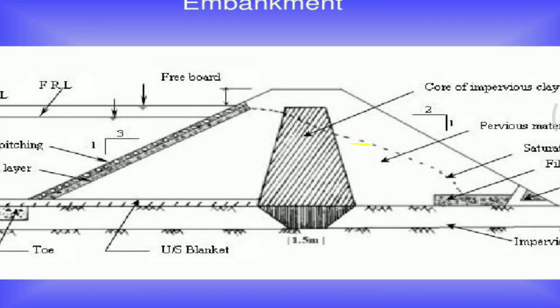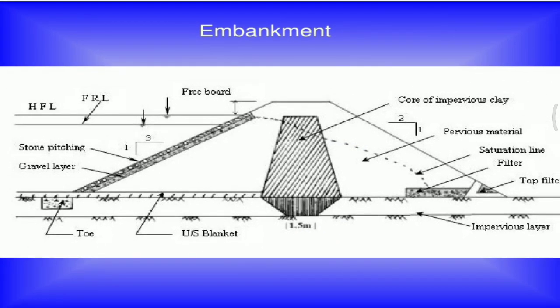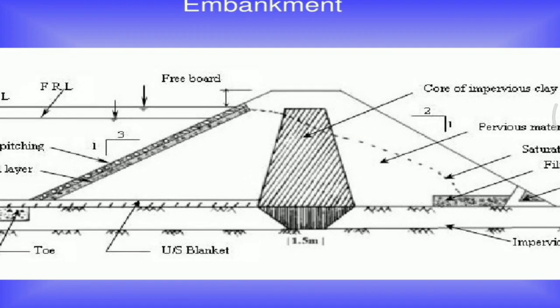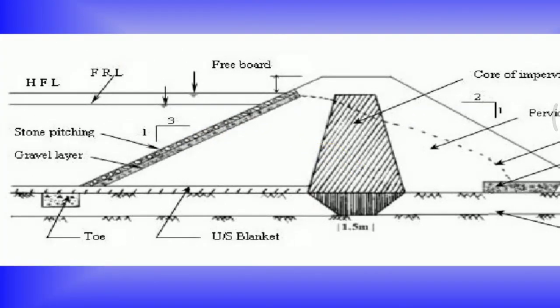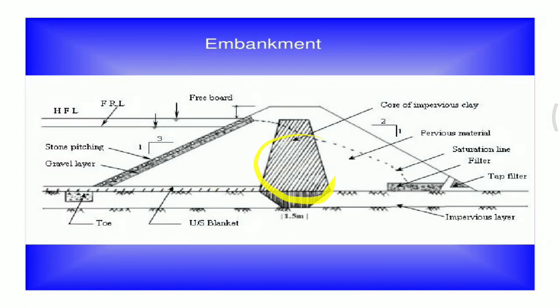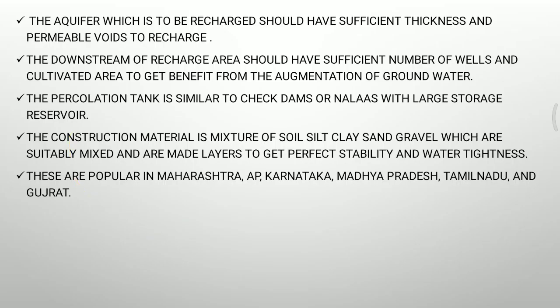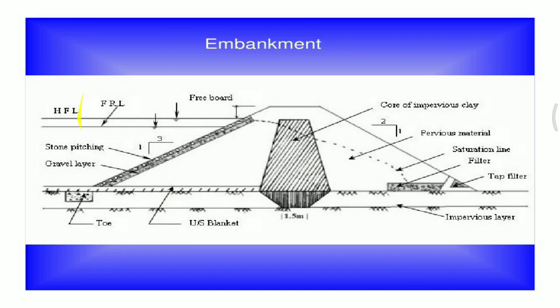As you can see over here, this is nothing but a diagram of a dam itself. It is an earthen dam, and the spillway over here will be mainly designed, that is, the spillway is concentrated over here. This is the freeboard. The water which is collected or blocked will be percolated into the aquifers which are behind them. The water will be collected in the aquifers.